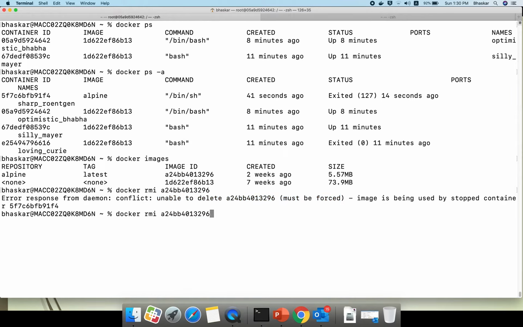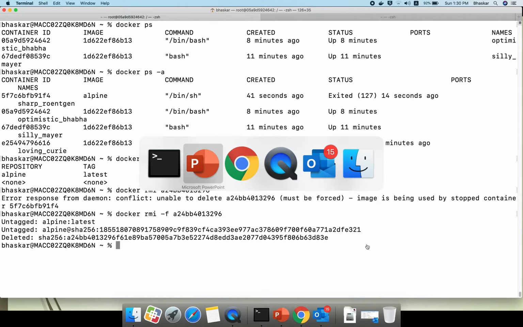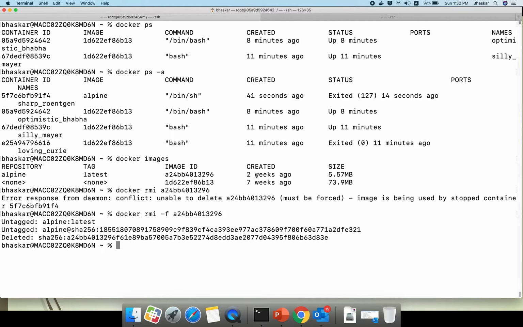If you want to forcefully remove, use -f. See, it is untagged, that means it is deleted. Okay, you know this command. When to use this: you pull an image but you don't want it, then just go and delete using rmi. That time -f is not required. I hope you know.